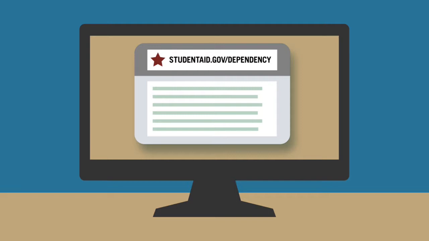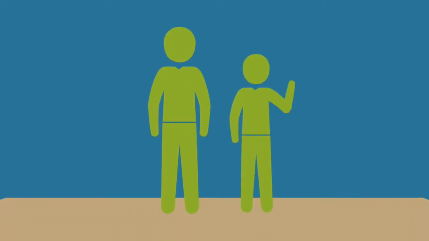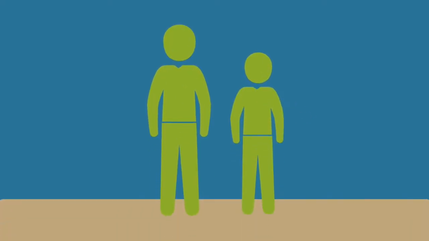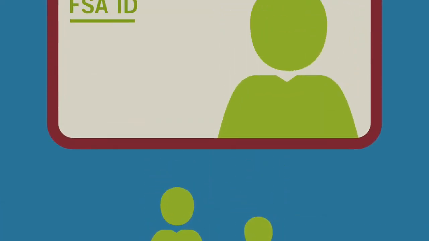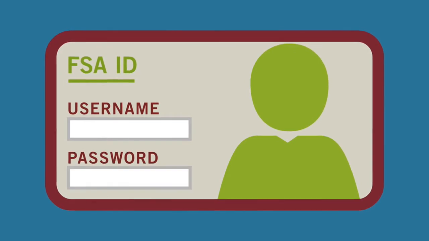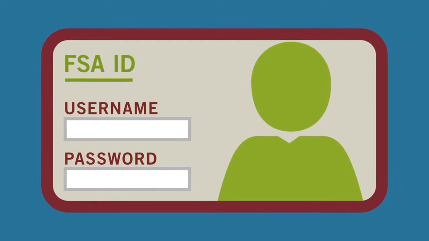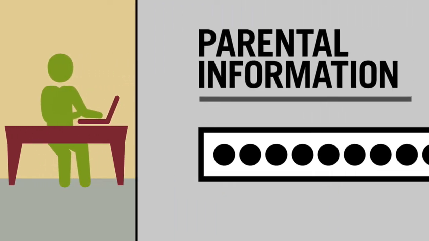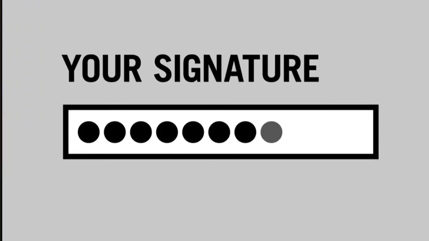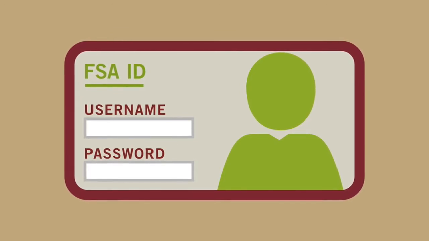studentaid.gov/dependency to learn more. Before starting the FAFSA, get an FSA ID. Your child will need an FSA ID to sign the FAFSA electronically and to make any corrections later. An FSA ID is a username and password that is used to log on to certain U.S. Department of Education websites. If your child is providing parental information on the FAFSA, you will need to sign the FAFSA too. If you have a Social Security number, you can get your own FSA ID to sign the FAFSA